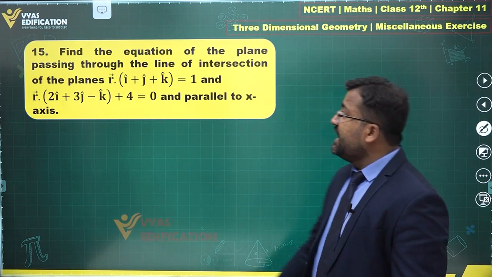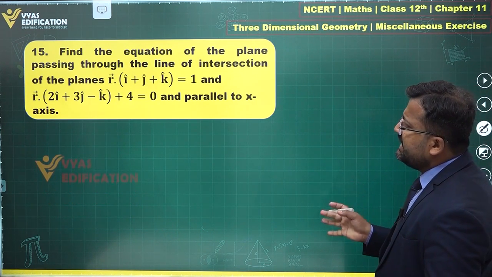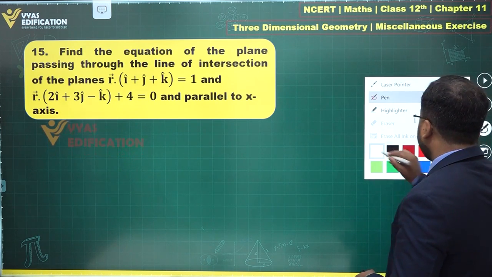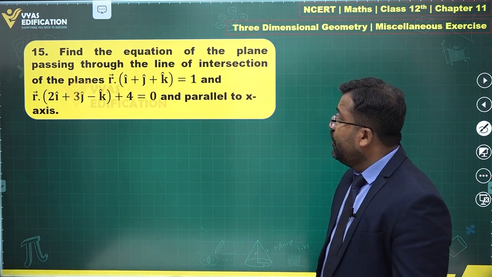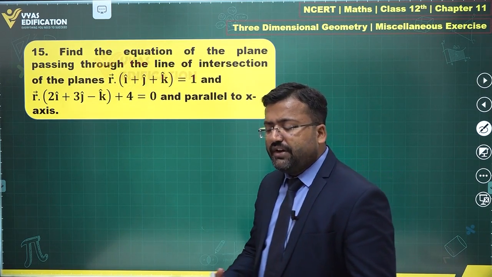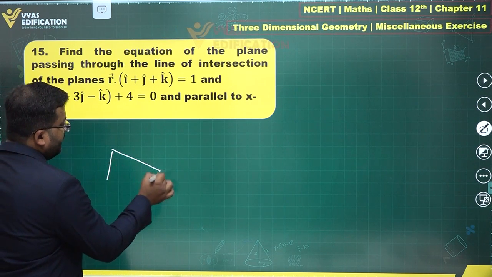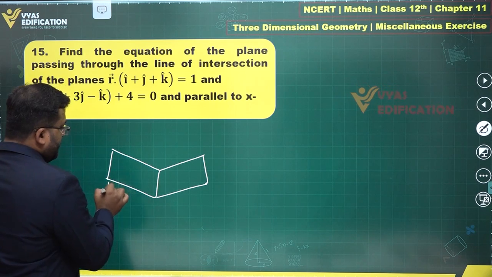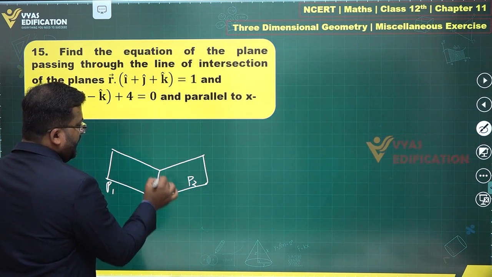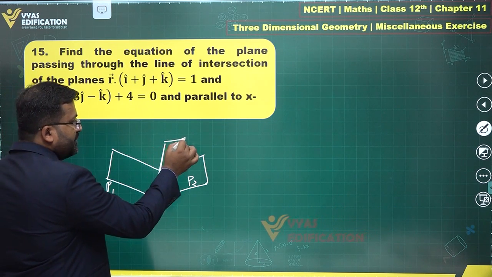Question number 15 says, find the equation of the plane passing through the line of intersection of the planes this and parallel to x-axis. Equation of the plane passing through the line of intersection of these planes, okay, and parallel to the x-axis. So if there's a plane passing through the line of intersection of 2 planes, let's suppose this is one plane P1, this is another plane P2, and if you are interested in this line of intersection and you are supposed to find the equation of another plane